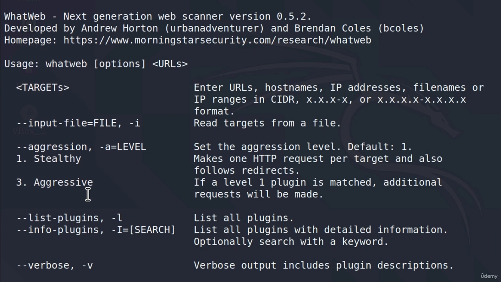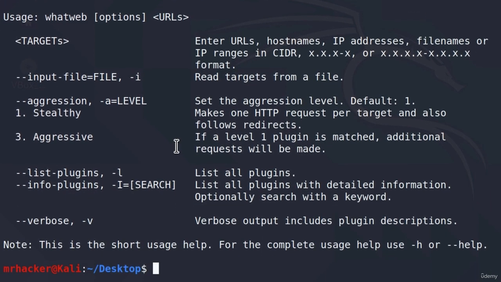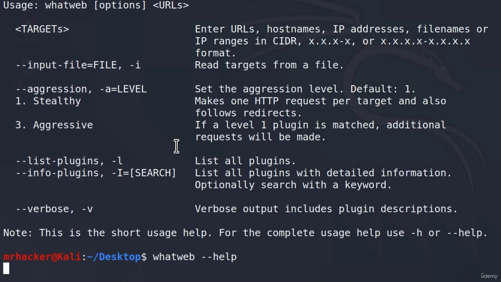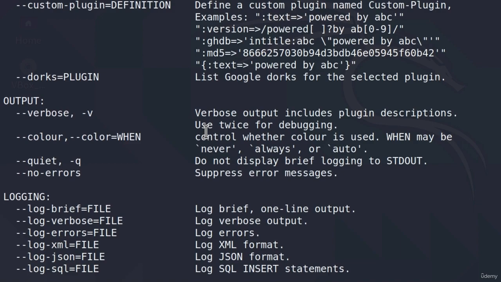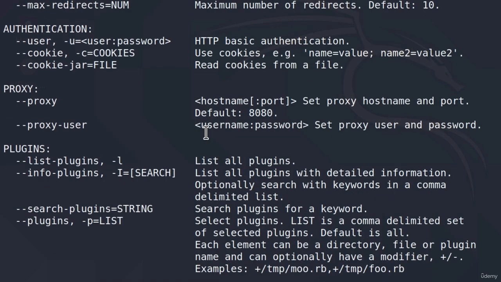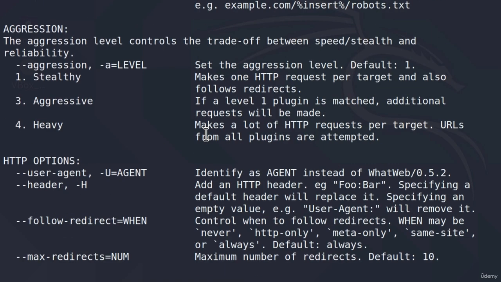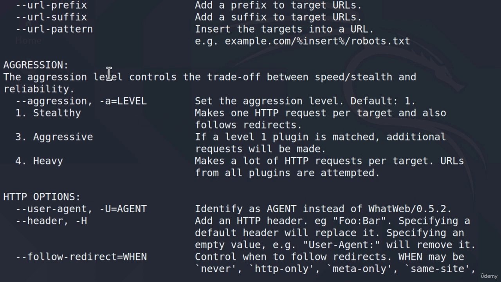To get even more available options with WhatWeb, we can type the command whatweb --help. Press Enter, and this will give us a much larger help menu with all of the possible options that we can use for WhatWeb. And down here is the aggression level. We can see besides the stealthy that we're going to use on random websites, and besides the aggressive scan that